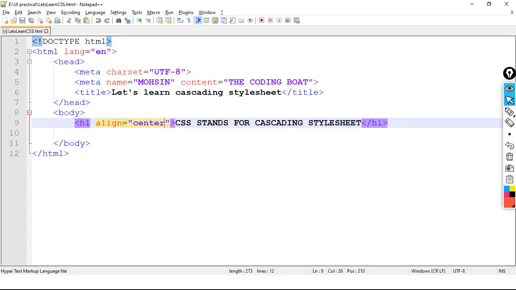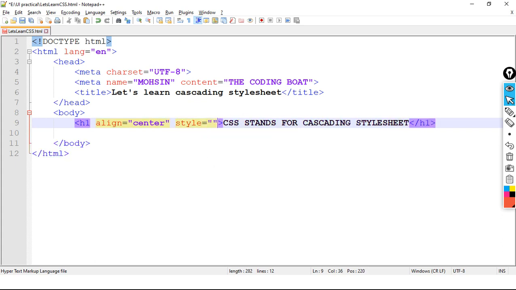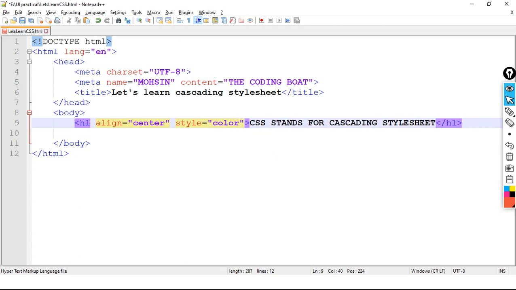Now I am making use of the style attribute of HTML5. Here style, color, colon, hello.